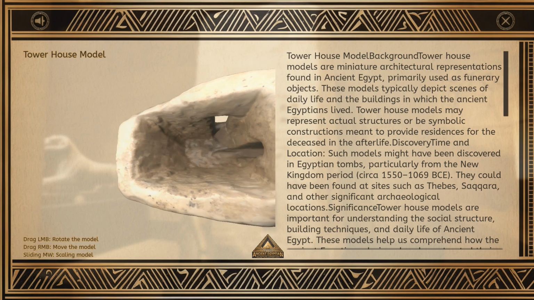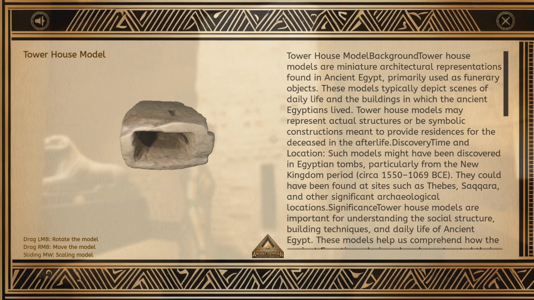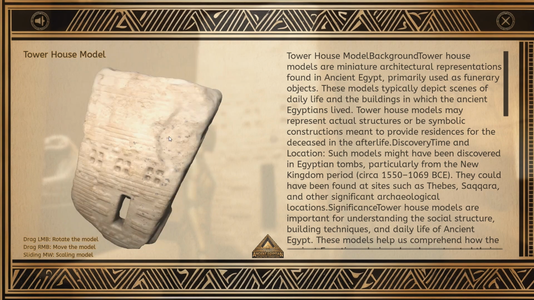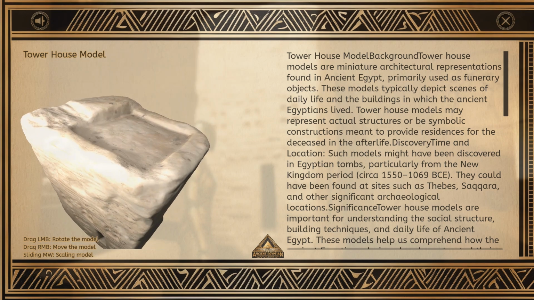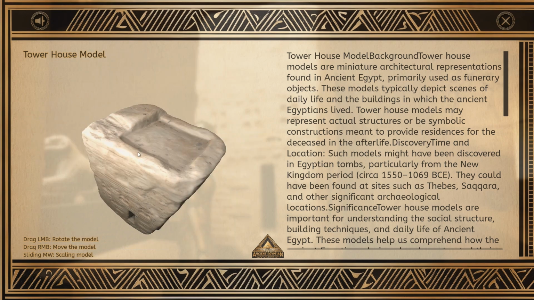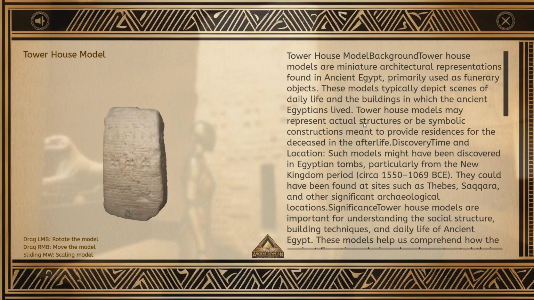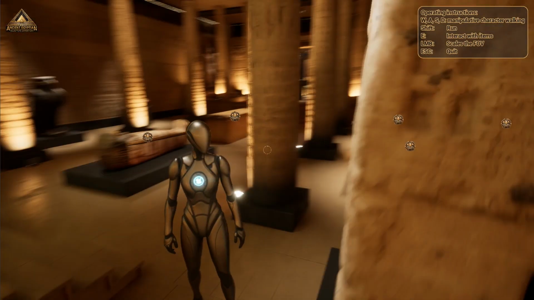Tower house models may represent actual structures or be symbolic constructions meant to provide residences for the deceased in the afterlife. Discovery. Time and location. Such models might have been discovered in Egyptian tombs, particularly from the